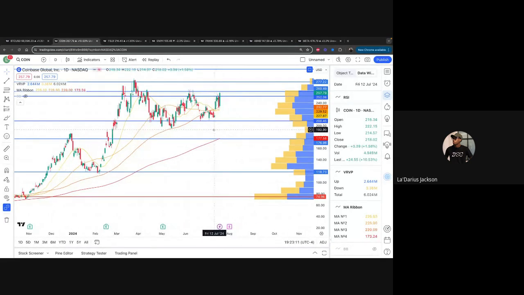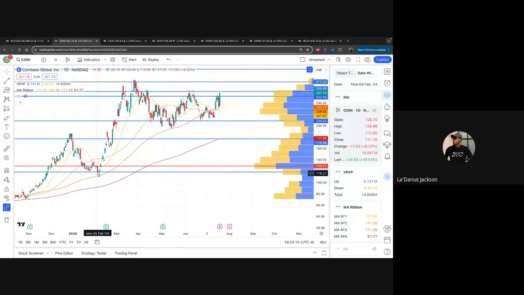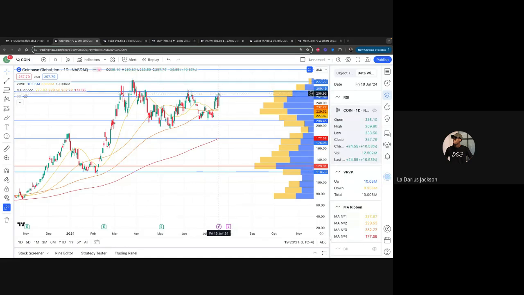But you can see this is making a bull flag as well. What is a bull flag, right? Strong move up. It's flagging out to the right-hand side, and it's testing that high, right? So it's testing this area at about 260. It hit 260, I want to say Friday, and then it pulled back. Since Bitcoin is green and Bitcoin is up, that means that we're going to get a break at 260. So when this opens, we could see it